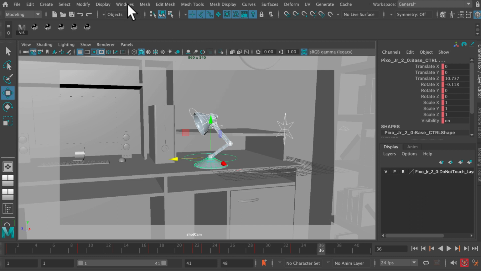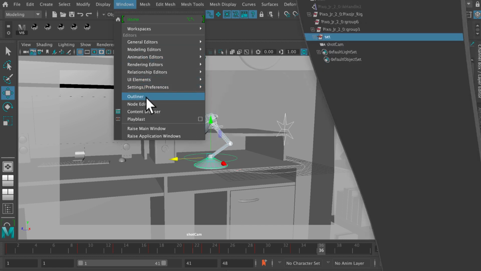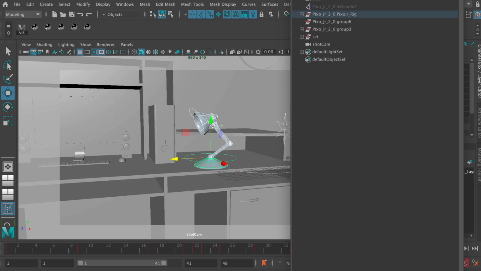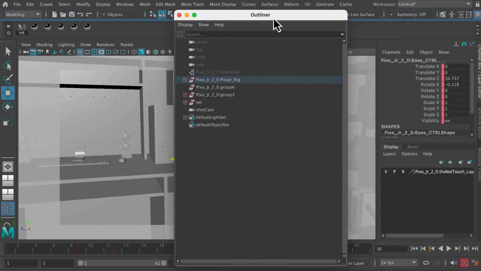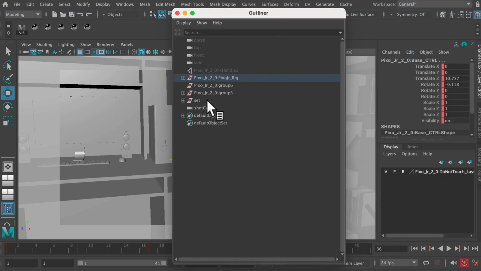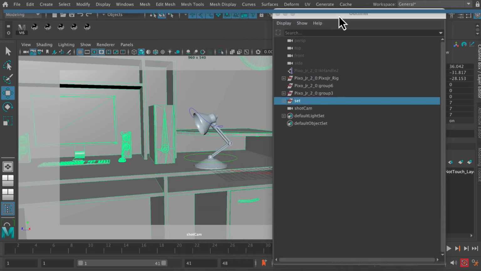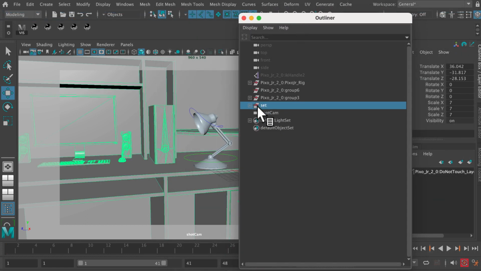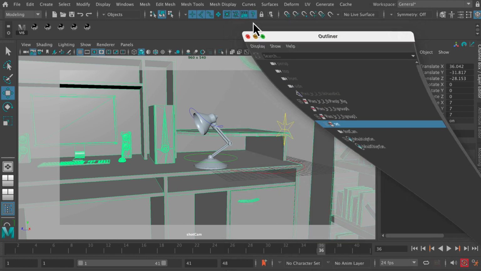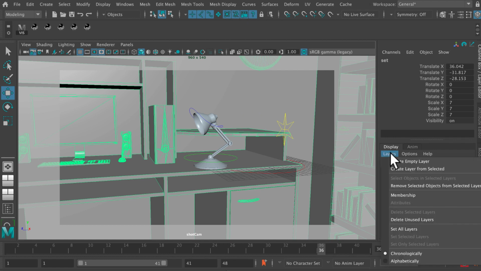So the first thing to do is go to Windows, Outliner, and find all the stuff I've got. So here we go, our outliner gives you an outline of what's in your shot. And there's my set, which I've got in a separate folder here, so that it's easy to find and properly named, and I can select everything in one go. So I'm just going to minimize my outliner, and then I'm going to go down here to the layer editor,